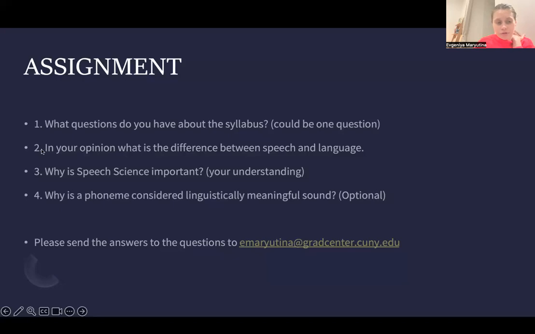And another question. So these three questions will be required, right? The second will be, in your opinion, what is the difference between speech and language? You can write one or two sentences. You don't have to write me the whole essay. This assignment is just for